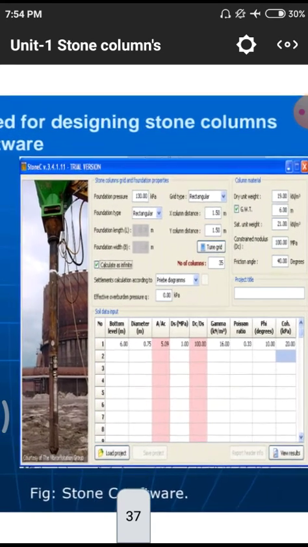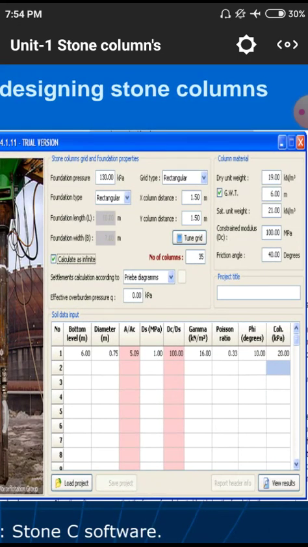Okay, I will drag this and enlarge it. This is the software for the design of the stone column. Likewise we have different software for building designs, embankment designs and small scale structures. All are small software. Some designs we can do with our Excel sheets also. Why? Because all are correlations, and those correlations can be done by using these Excel sheets also. We have to observe what things are in these sheets, what we need to give and what it gives.